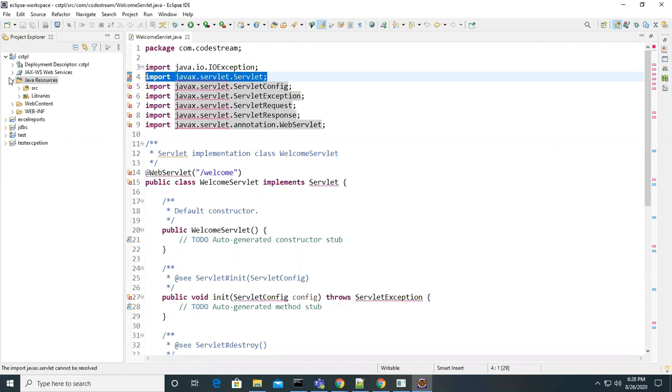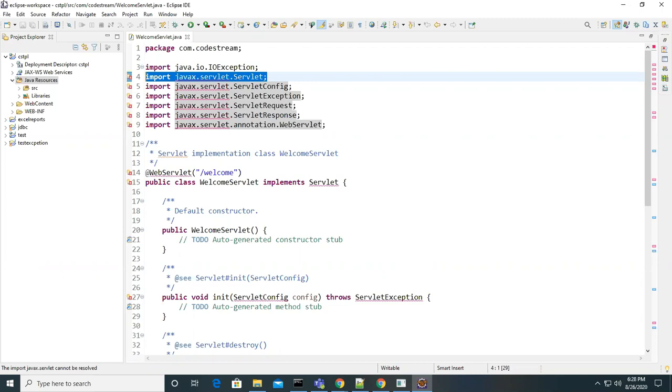So at least you are getting my query or question. Did you understand my question first of all? Yes, sir. So what is my question? Where is javax.servlet available? We are getting a compilation error. Where is this javax.servlet package available? It's available in...